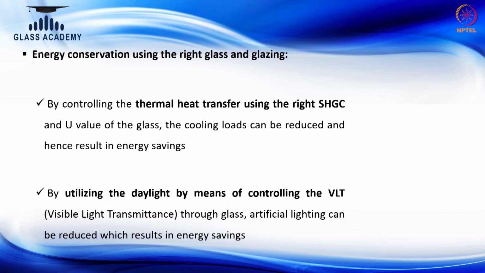So based on the window wall ratio of the building, based on the floor plate of the building, we need to identify what accurate visual light transmission is required for the facade glazing, so that the amount of light coming in is distributed fairly in the entire floor plate area without creating glare in the boundary area. There are concepts like daylighting devices or daylighting paints which can help you have a deeper penetration of the light without disturbing the overall comfort of the occupant.